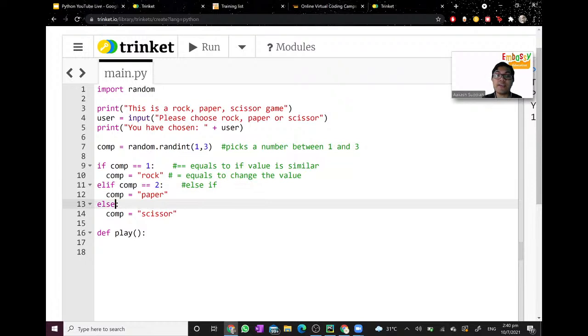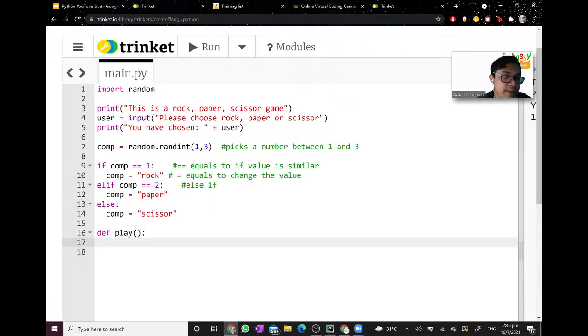If is for the first statement. Else if is for statement 2 all the way to the second last, and else is the last statement. Let's say I have more statements, I'll continue using else if. If it's the first, I use if. If it's the last, I use else. Okay, so now let's type in a function.